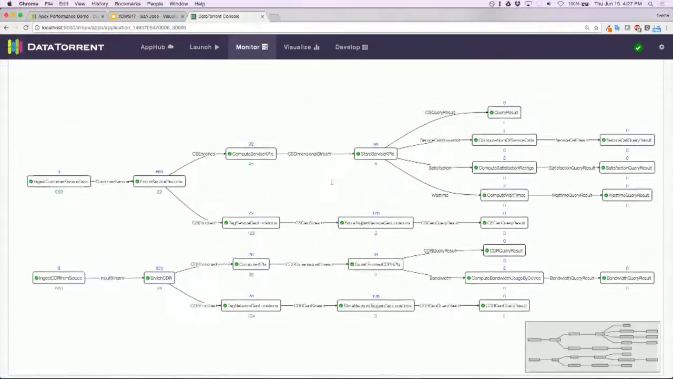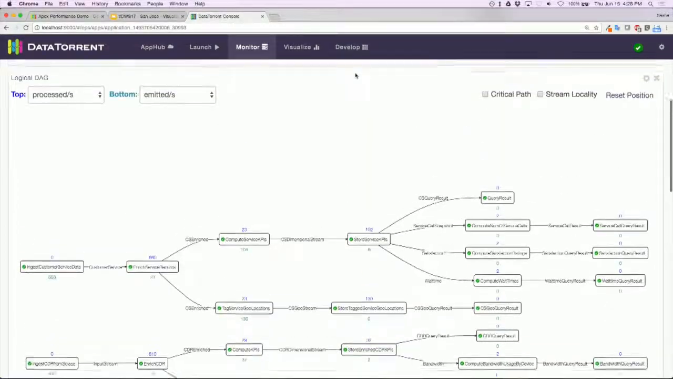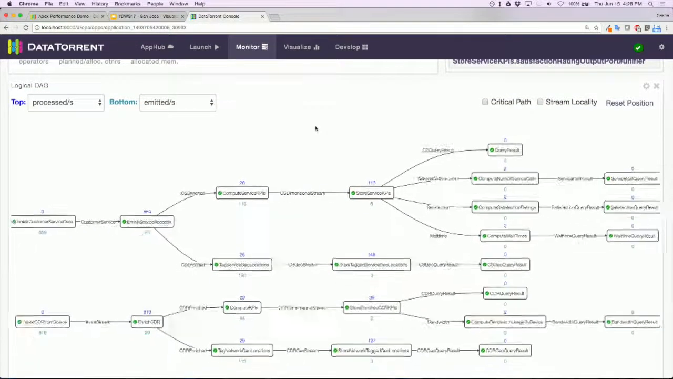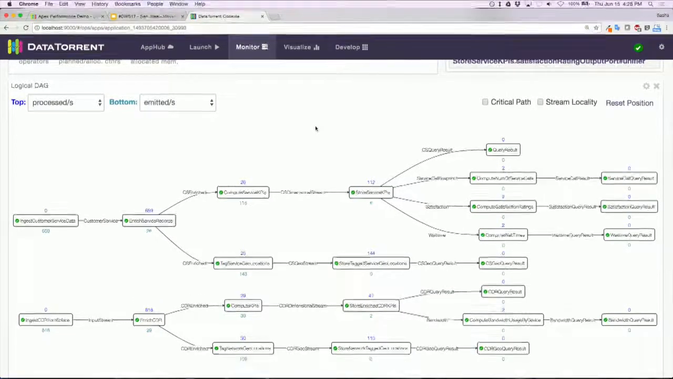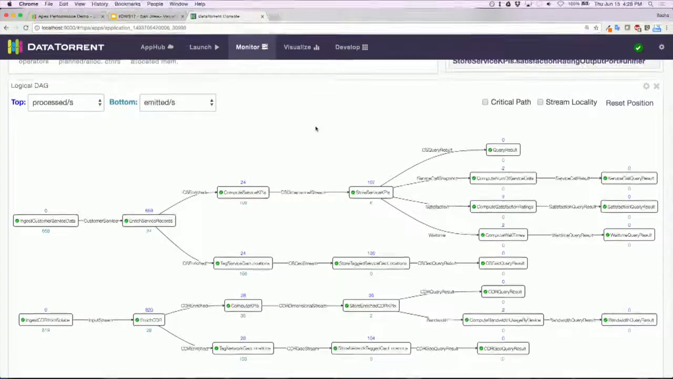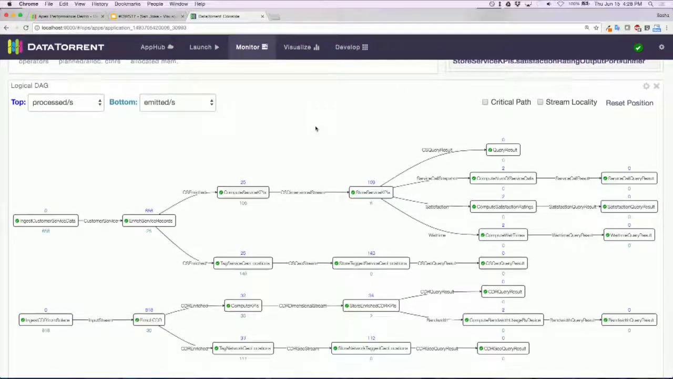I'll zoom out, show you a little bit more of it. Hopefully you can see it on the screen. So one of the interesting features that's available, because typically streaming applications can be hard to understand, hard to manage and figure out what they're doing, and even harder to troubleshoot if something's going wrong. And that's what we focused on here with DataTorrent RTS, to enable you to easily visualize, manage,